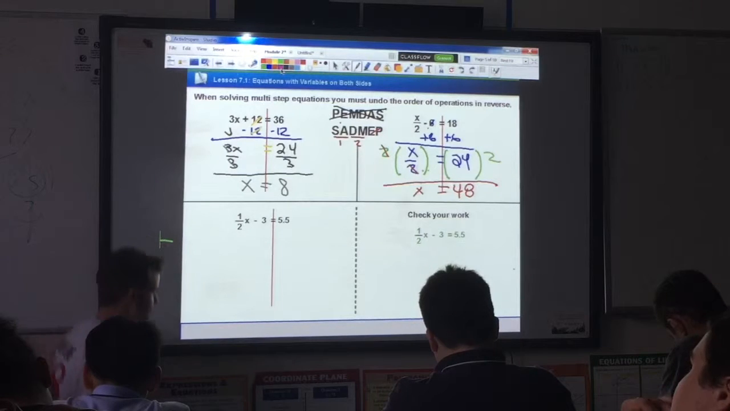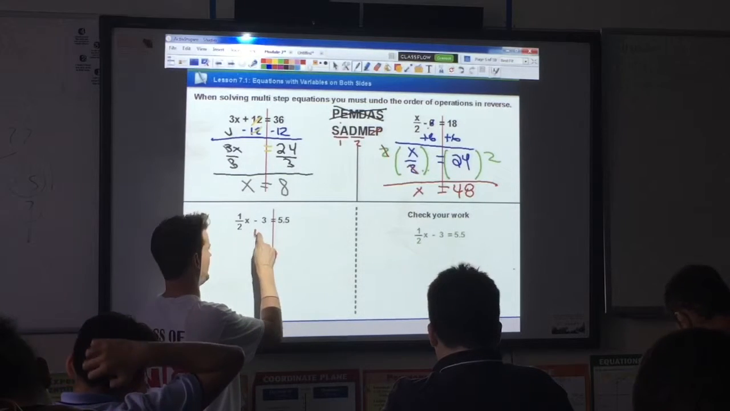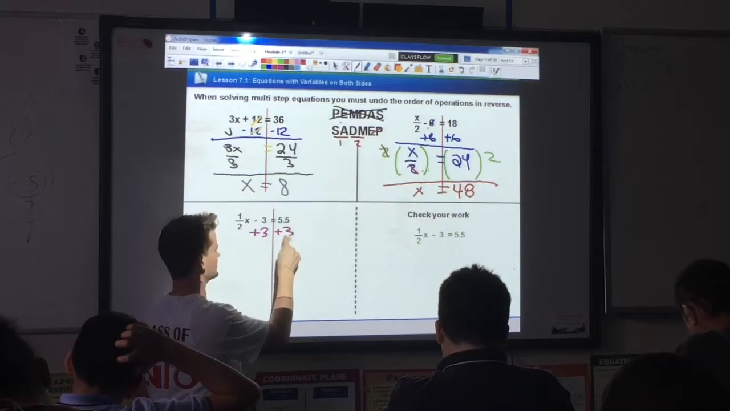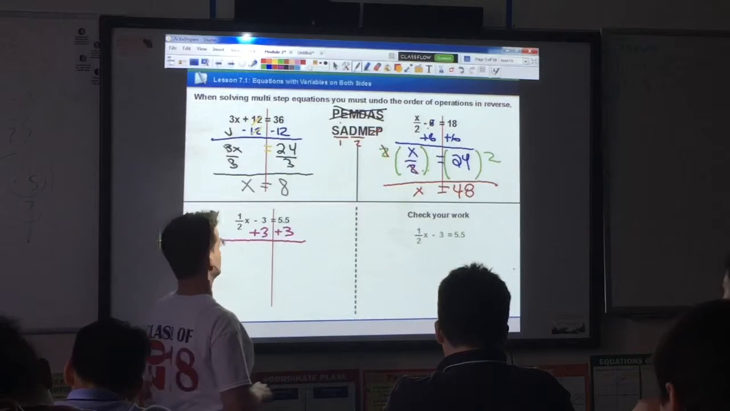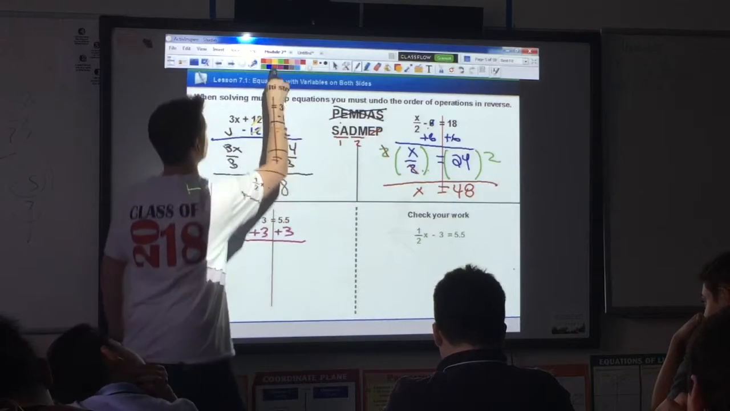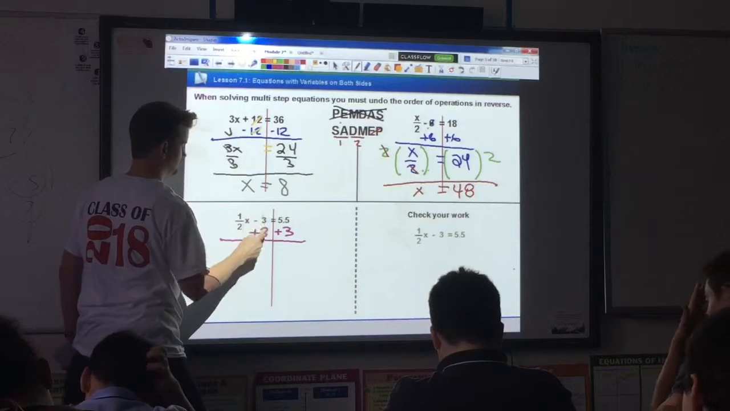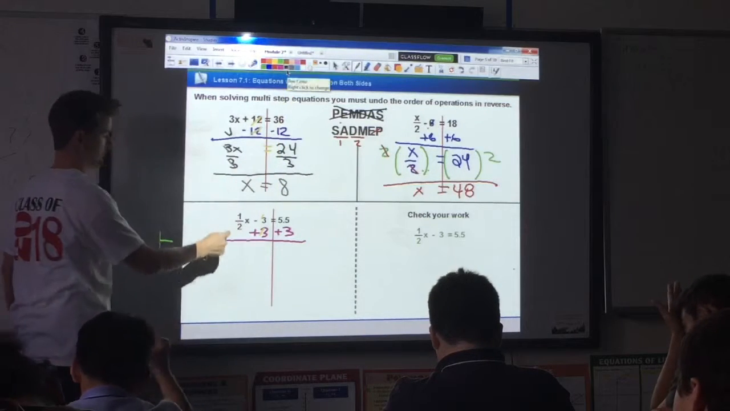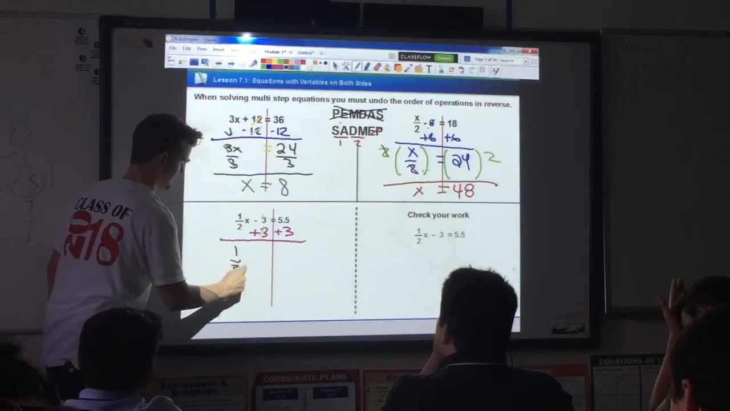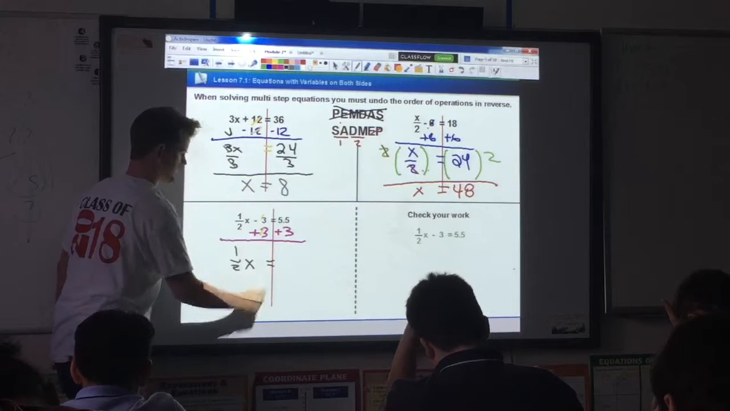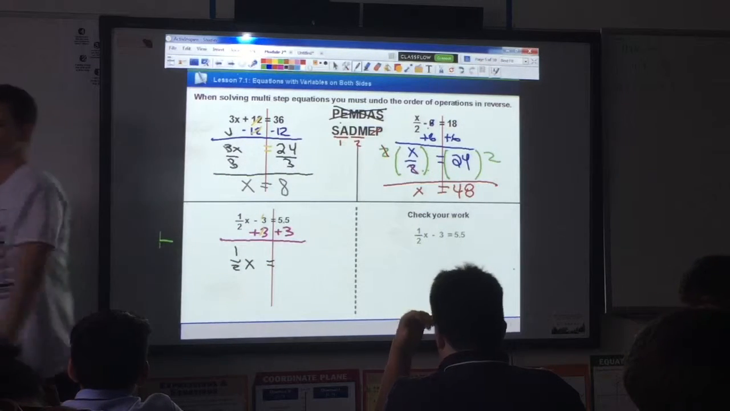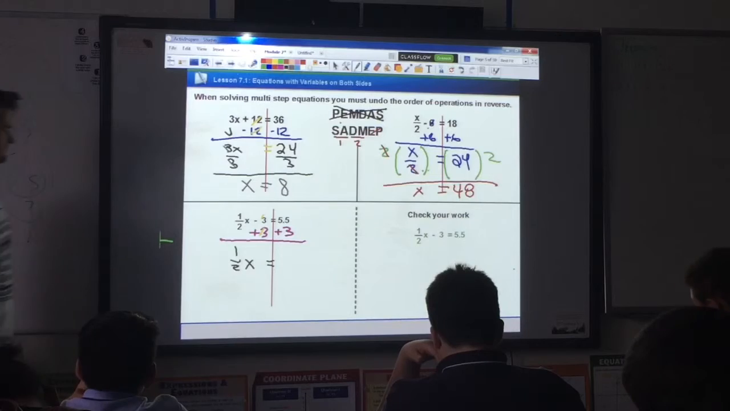Yeah, there's a negative 3, so the opposite of that is positive 3. So I add 3 to both sides of the equation. The negative 3 plus positive 3 will cancel out, and then we work from left to right. So I bring down the 1/2 x. I bring down the equal sign, and then what's 5.5 plus 3? 8.5. Okay,